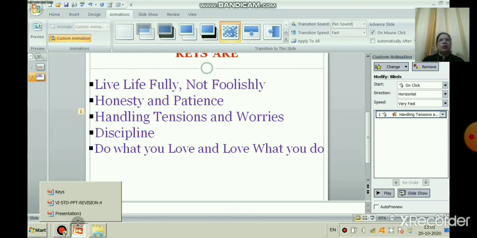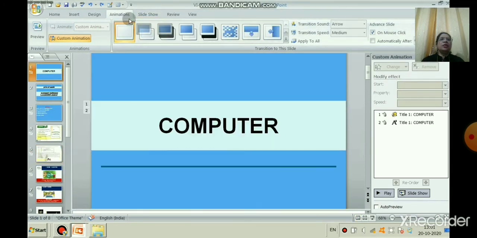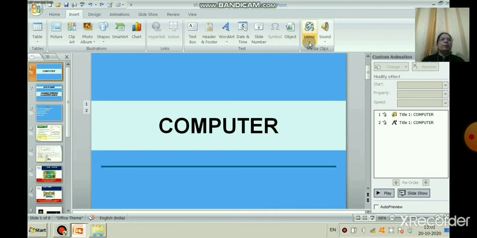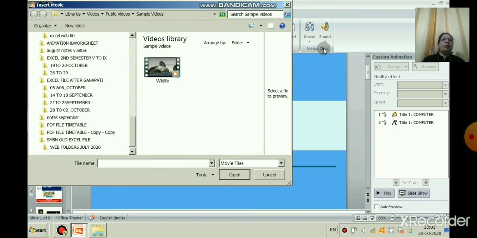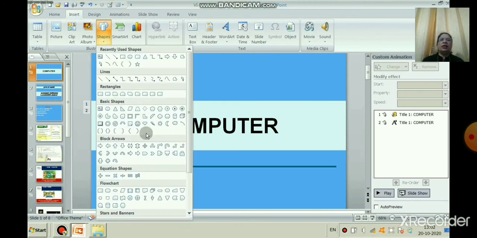Okay. Now, all of you know how to insert sound clips also. Okay. Now, how can you insert a sound in your presentation? Click on movie, and you can select the movie from clip organizer. Suppose in your PC some movies are there, or you can create a movie and put it in the video library, and you can insert a movie in your presentation. Yes, children. Okay, now next we will learn the hyperlink, how to put a hyperlink in your slide.